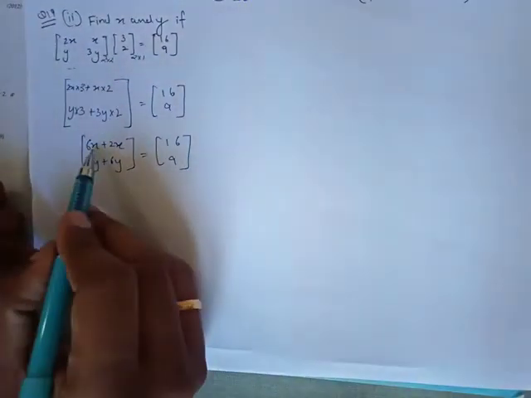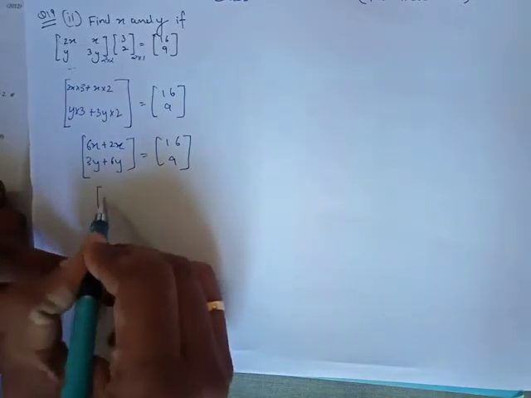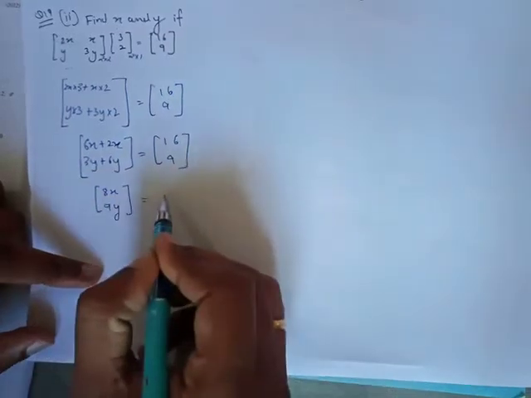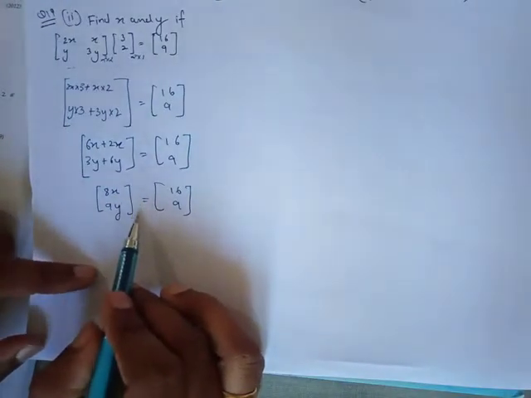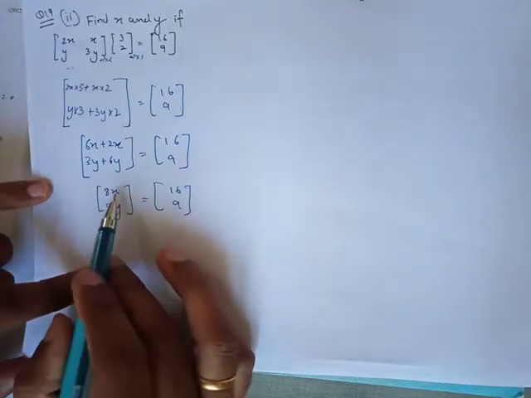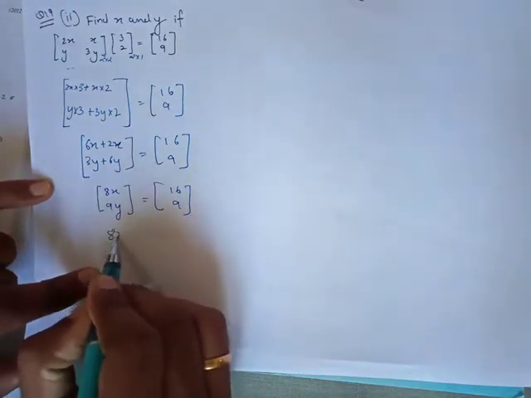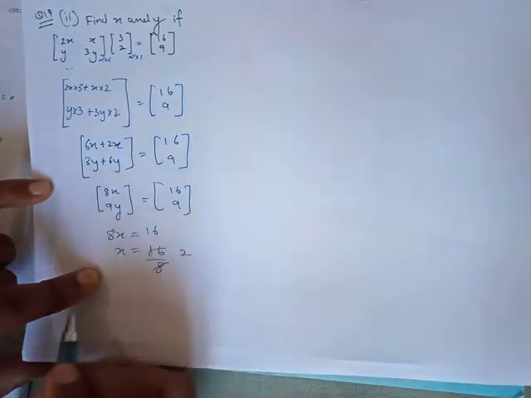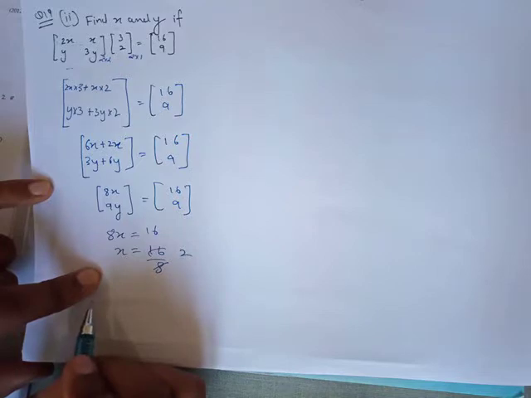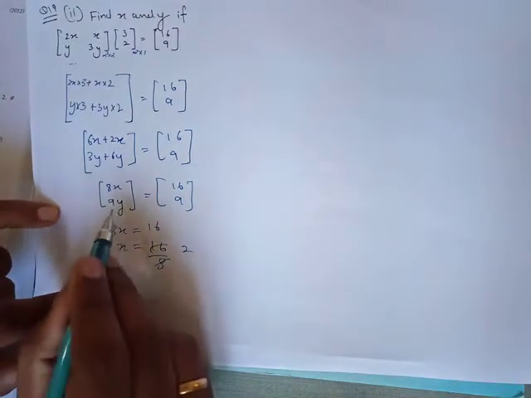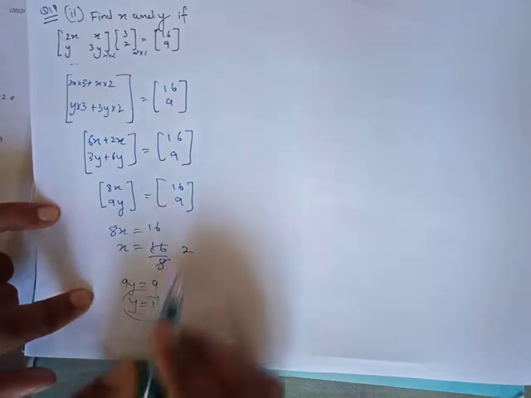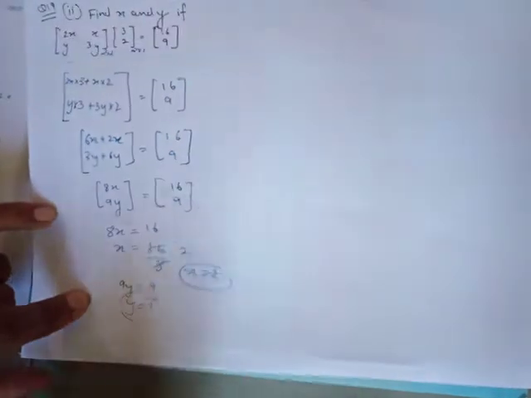And then 6x and 2x are like terms, so I'll be adding them. I'll be getting 8x, and 3y and 6y will be added, I'll be getting 9y equals to 16, and 9 will be over here. Now both of them are equal. They have given me an equal sign in the middle, which means this and this are going to be equal. That's going to be 8x equals to 16, x is equal to 16 over 8, and I'll get the answer as 2. So what is the value of x? Answer is 2. How to find the value of y? This is equal to this, so 9y equals to 9, y equals to 1. So I got the value of x equals to 2 and y equals to 1.